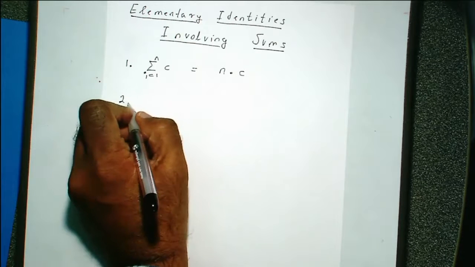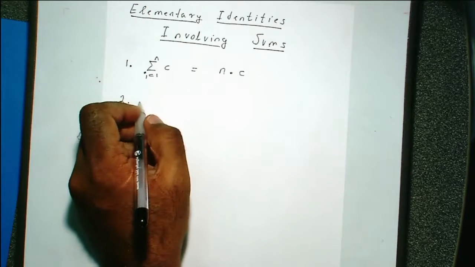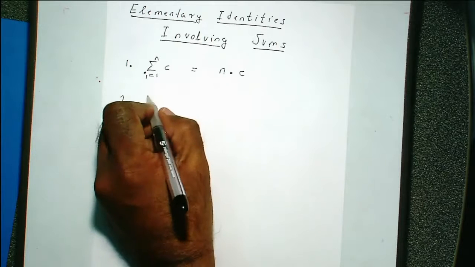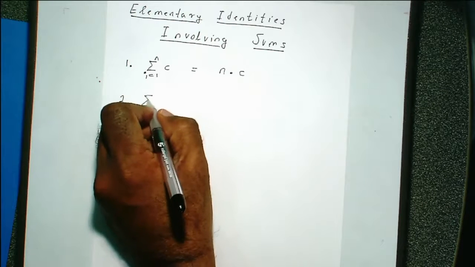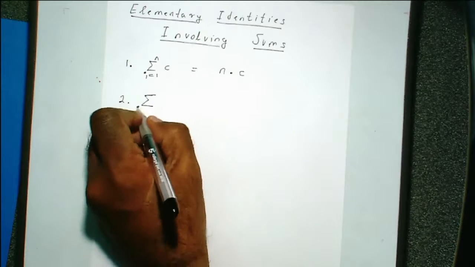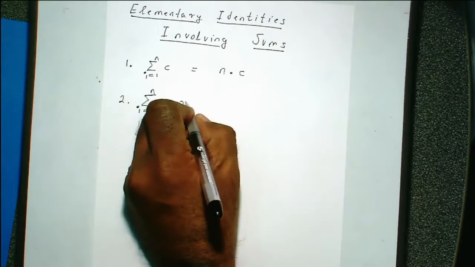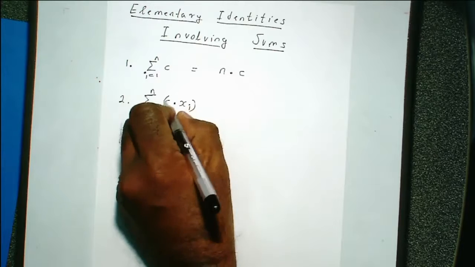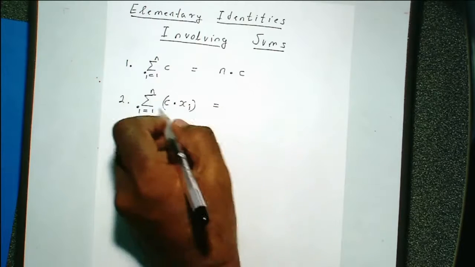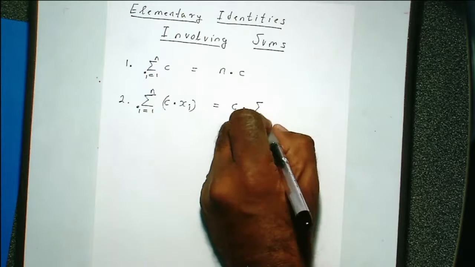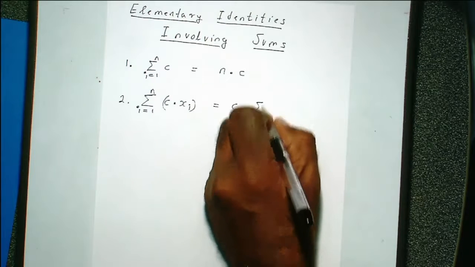And you should have something like this. If you have this, you can write this as a constant times the sum of